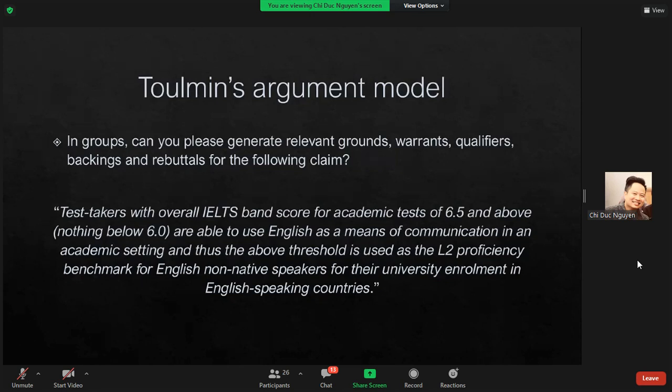But in order to ensure that this kind of claim is well justified, it's not only the evidence that we need. We need more than this. We need to have some kind of warrant, some kind of underlying assumption that links the evidence and the claim. And one of them is: are all the surveyed students telling the truth? If they are all telling the truth, okay, the evidence is valid. And when the evidence is valid, of course, the claim is also plausible. Yeah. Another warrant that you may have is,